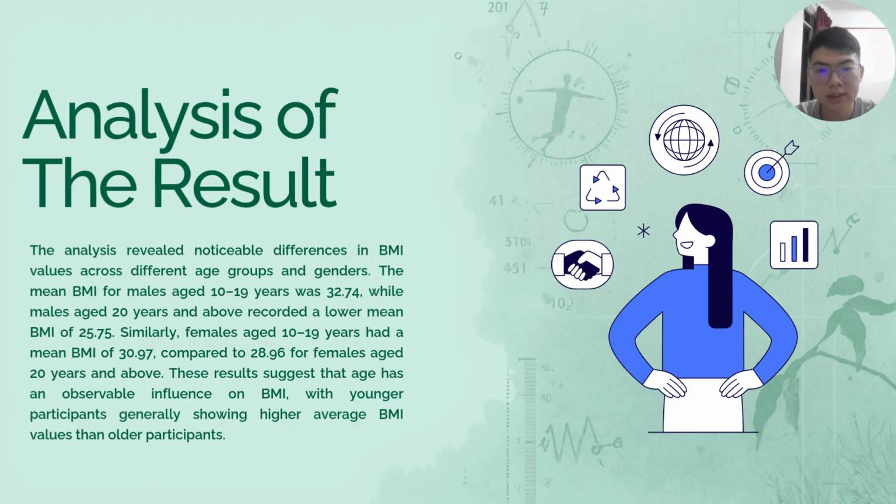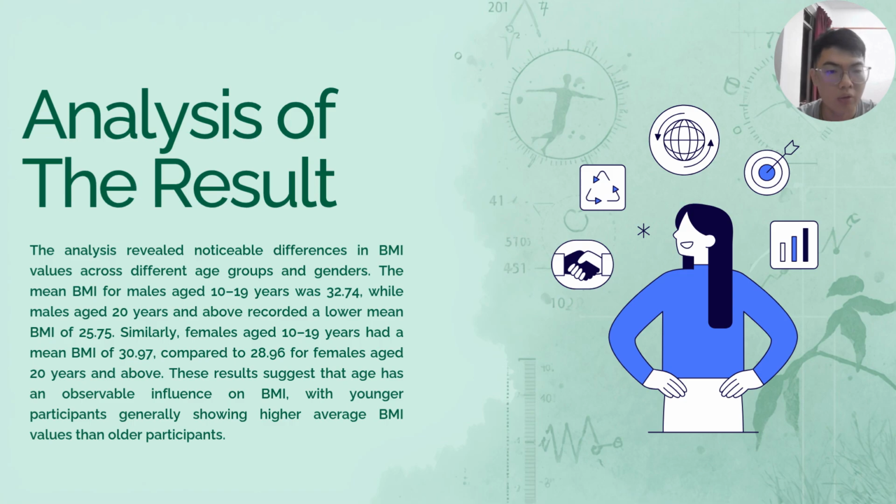This session presents the findings from the BMI analysis. The dataset consisted of 100 individuals divided into 4 groups based on age and gender. After calculating the BMI values, we determined the mean BMI for each group. The results show that males aged 10 to 19 years had a mean BMI of 32.74, while males aged 20 years and above have a mean BMI of